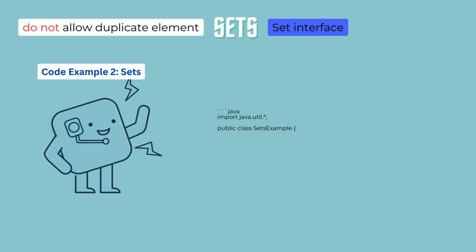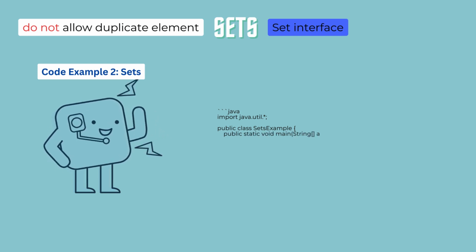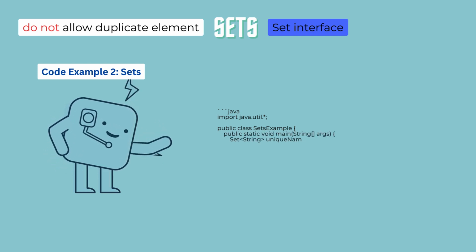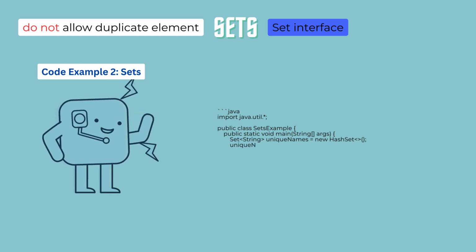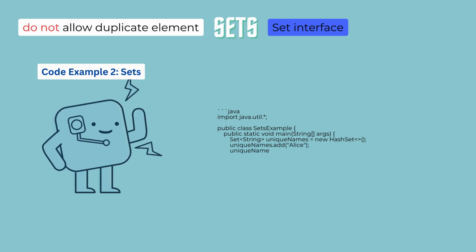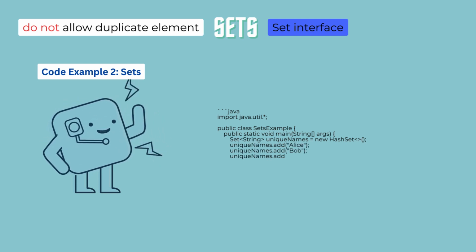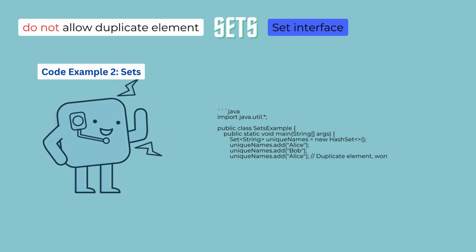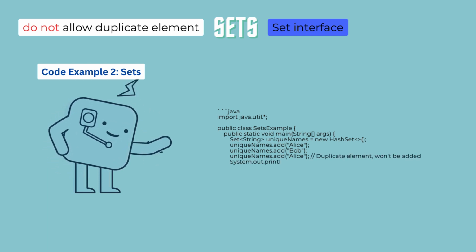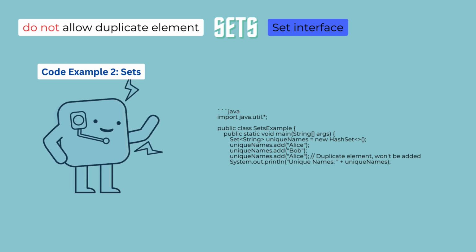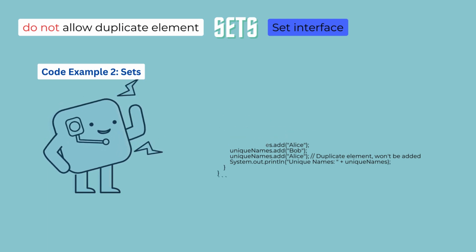util.*; public class SetExample { public static void main(String[] args) { Set<String> uniqueNames = new HashSet<>(); uniqueNames.add("Alice"); uniqueNames.add("Bob"); uniqueNames.add("Alice"); // duplicate element won't be added System.out.println("Unique names: " + uniqueNames);